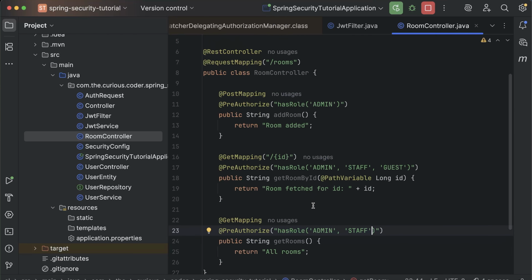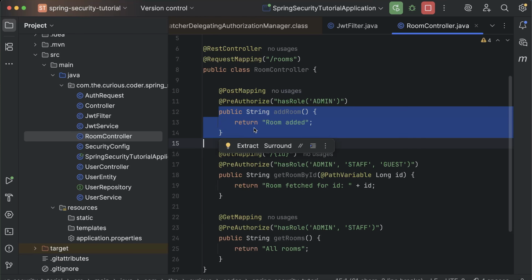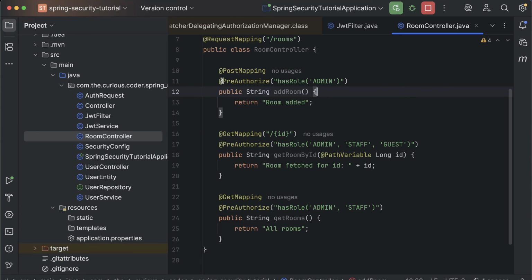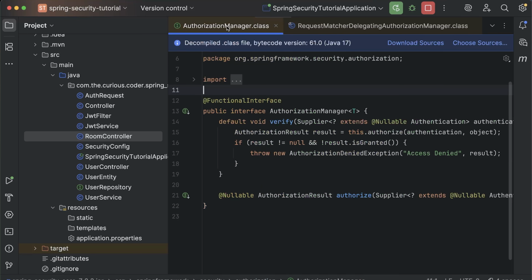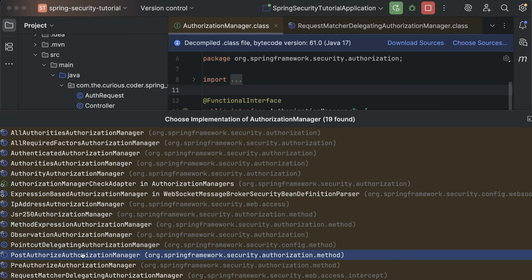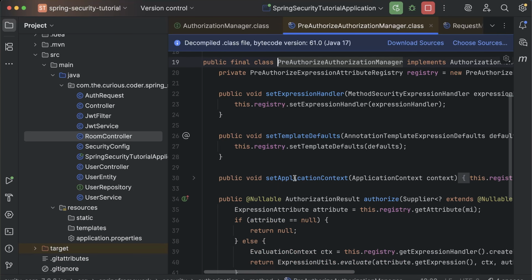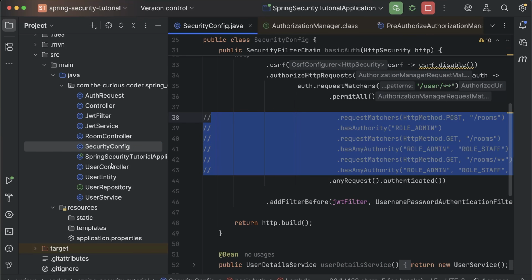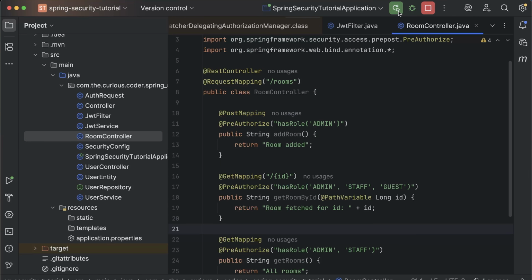All right, so this is how I can configure my roles on the method level. And when we are using this annotation, at that point internally this request matcher is not used. Instead, this pre-authorize authorization manager is used. So this is something that you can tell in an interview. Now I was in the room controller, and if I run my application,